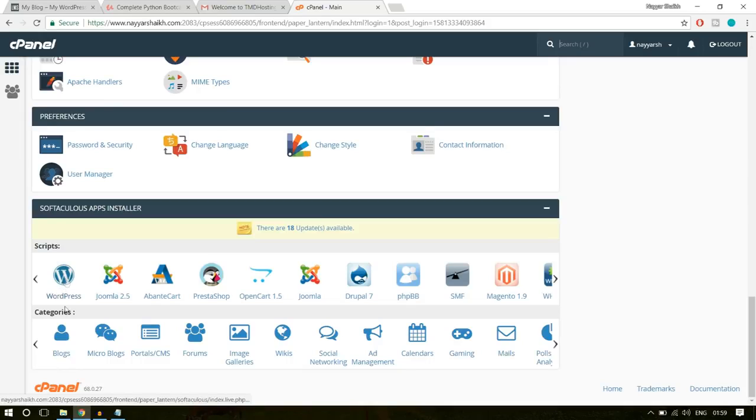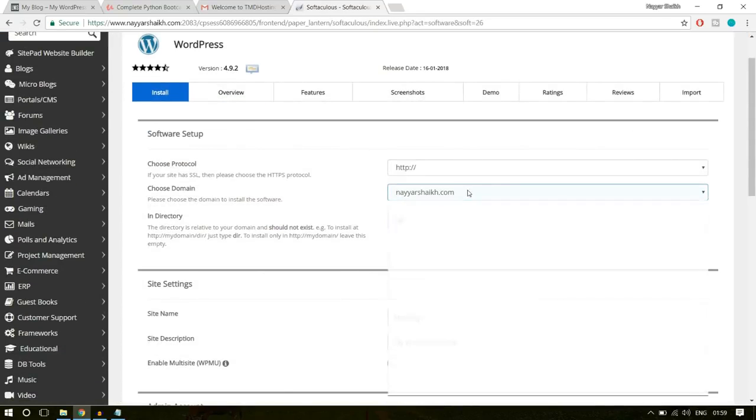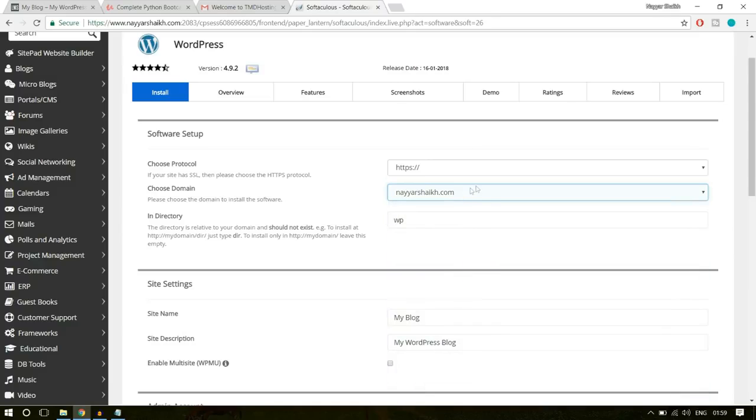The option which we want is under Softaculous app installer, because we have purchased the hosting. We have our domain name. Now it's time to install WordPress on our domain name. So we'll click on WordPress over here, which is under Softaculous app installer. Click on install now. Now from here you have to select the domain name on which you want to